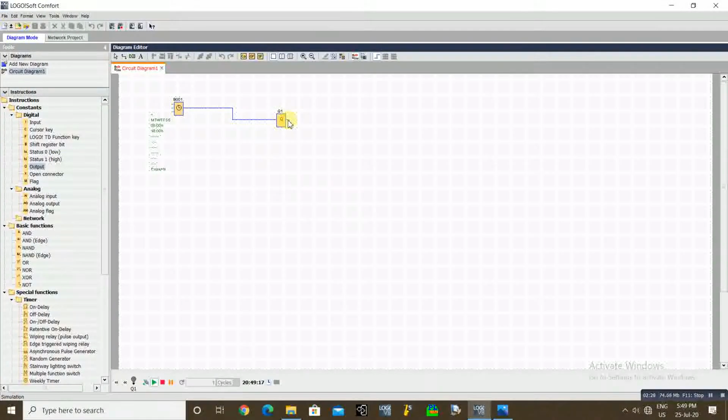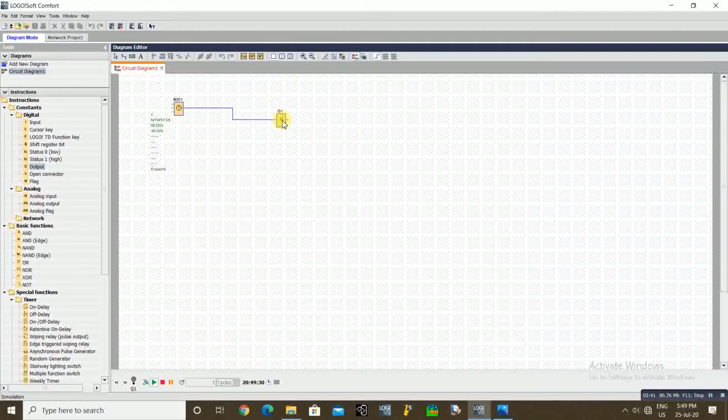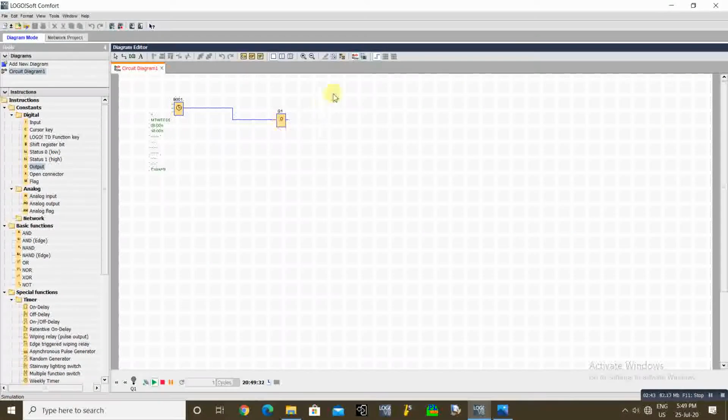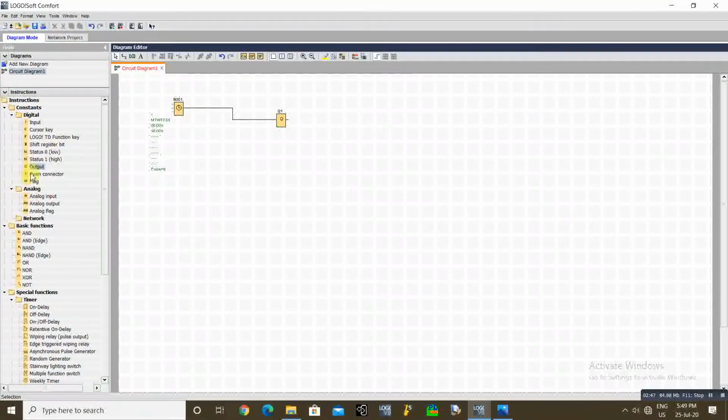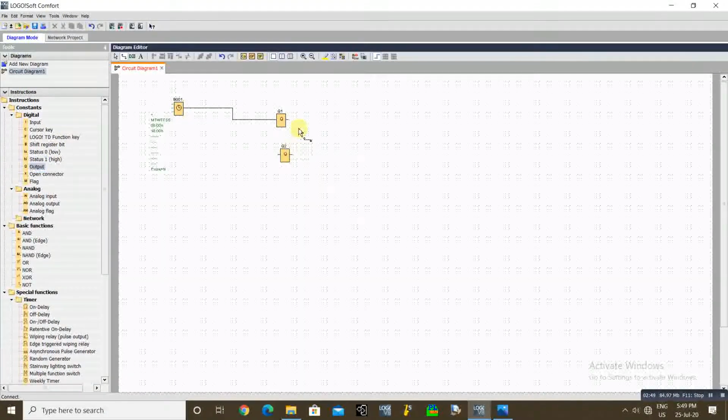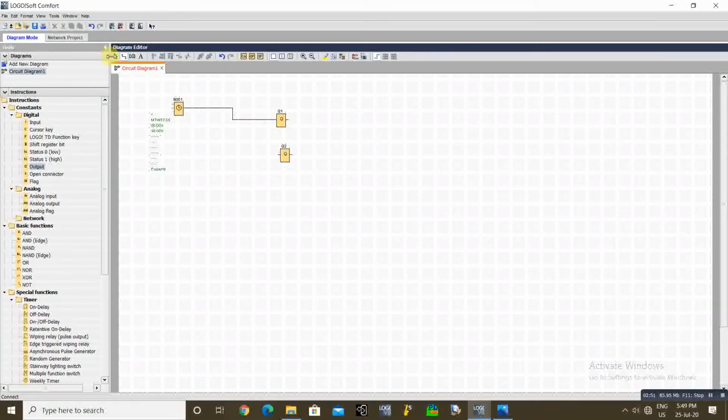You can also configure any two pumps for duty and standby on a 12 hour time basis, or 6 hour, 6 hour time basis. We will see how we can configure that. For example, Q1 is for pump 1 and Q2 is for pump 2 operation. Now we'll see how we can configure for 12 hour operation.